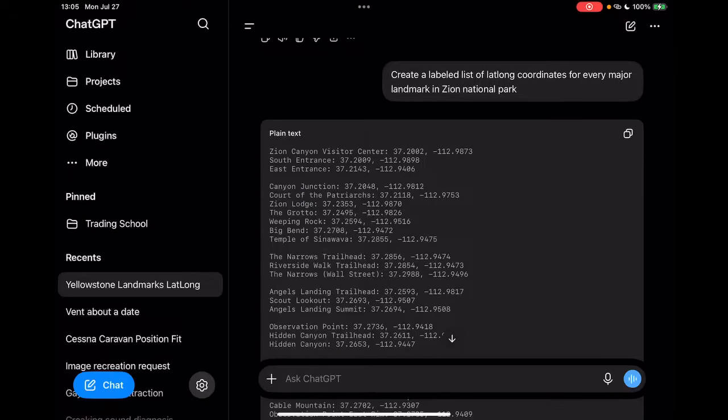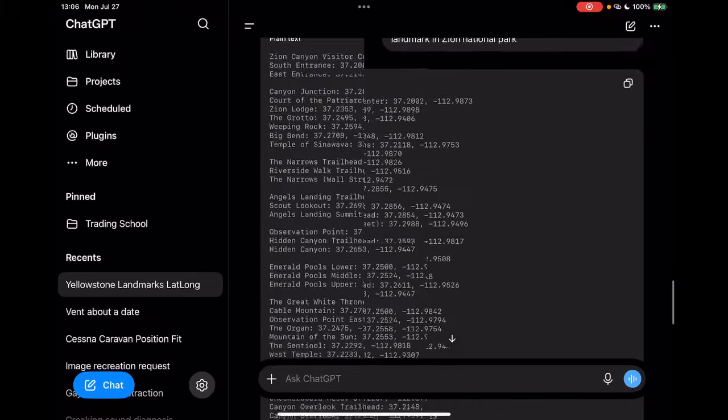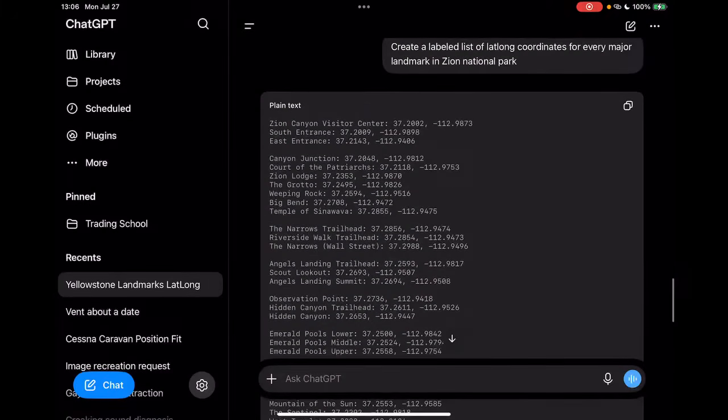Let's say your company has a hand-drawn list. Let's say the manager of your company made a list by hand of 100 lat-long coordinates that only that company knows about. You take your cell phone, take a picture of that list, and send it to ChatGPT and say, hey, convert this list into a labeled list of lat-long coordinates. And then you get something that looks like this. You just simply copy it,